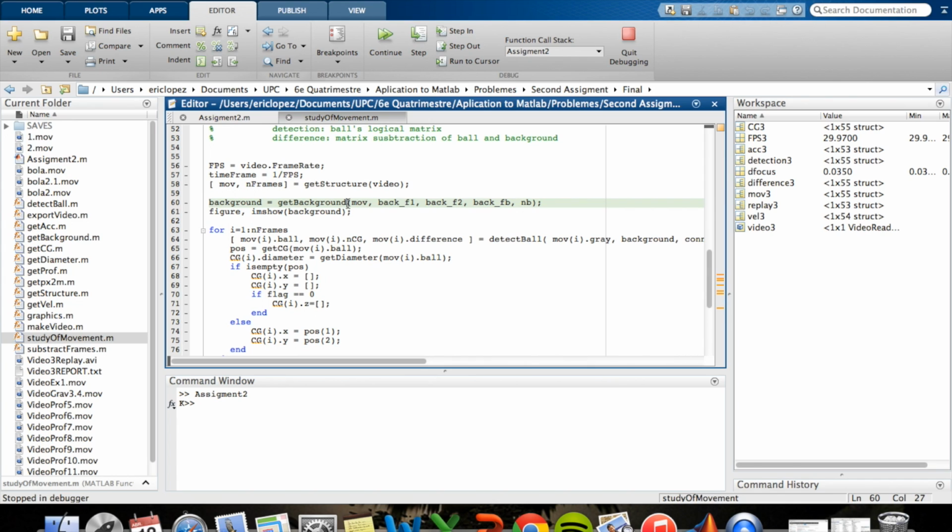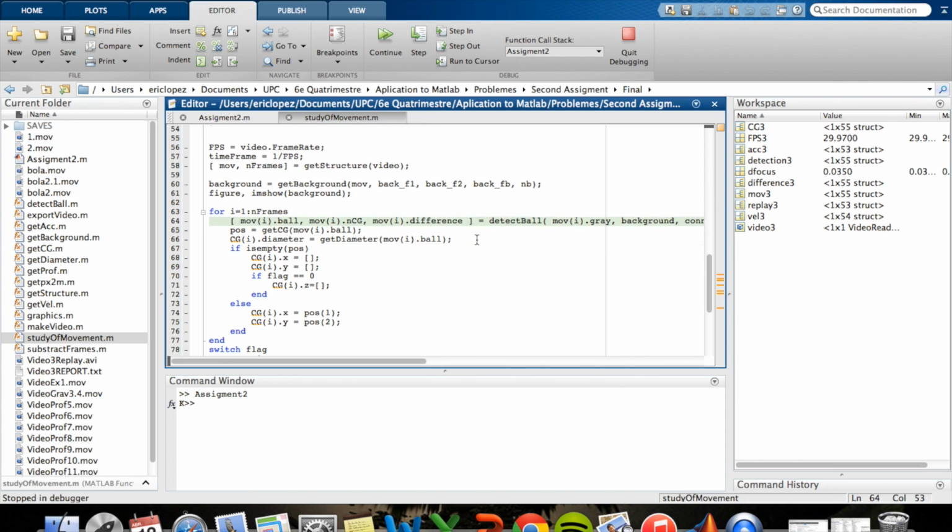So this way we can get a background. The following thing is to detect the ball. This function takes each frame, subtracts the background, then we have a region of change that is the ball and noise, and that we want to remove. We remove it,